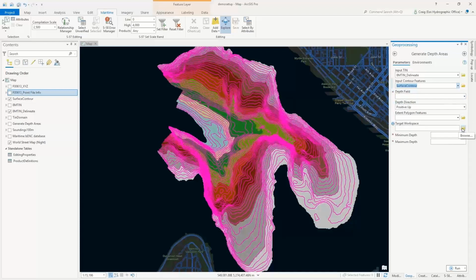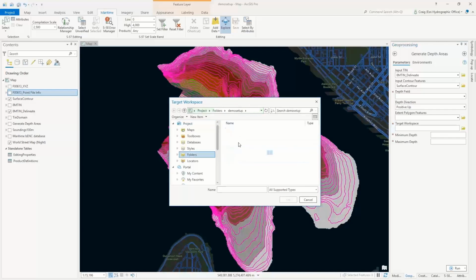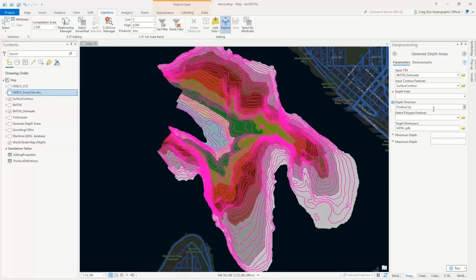And so these would auto-populate. So if I choose my target workspace to be this Bathy database, it knows where to pull this from and add these two. So it's going to write it to the depth area feature class in our Maritime database,